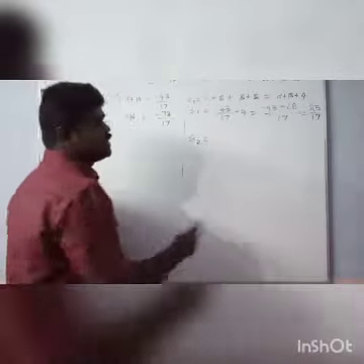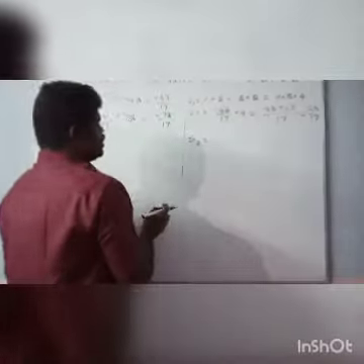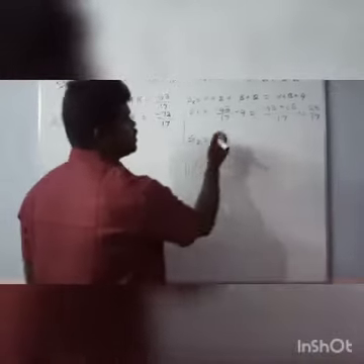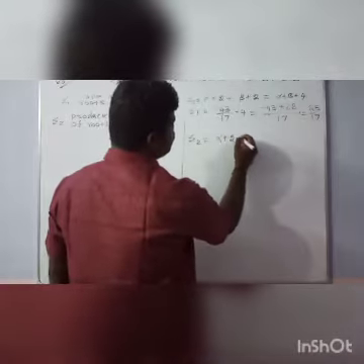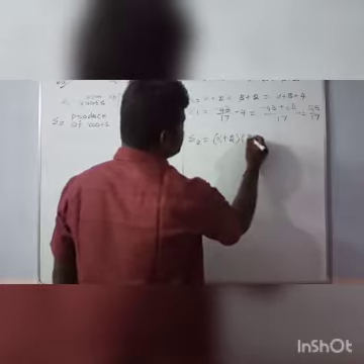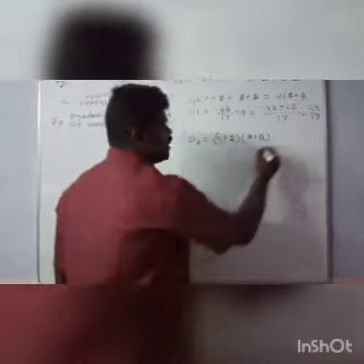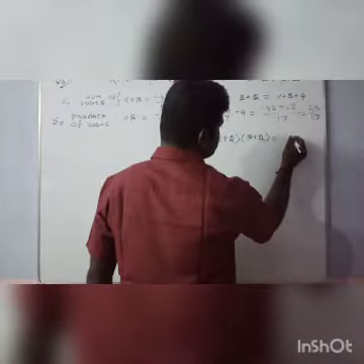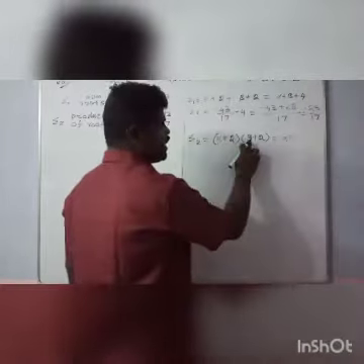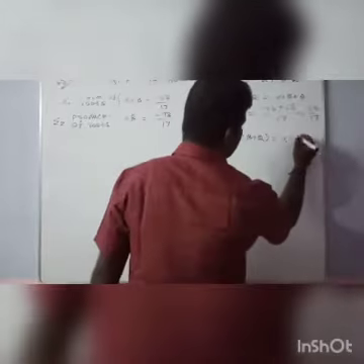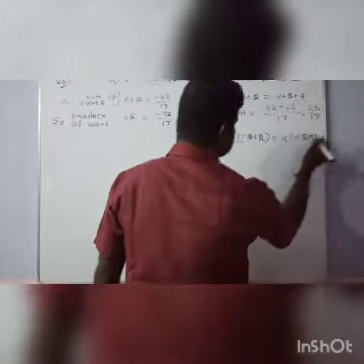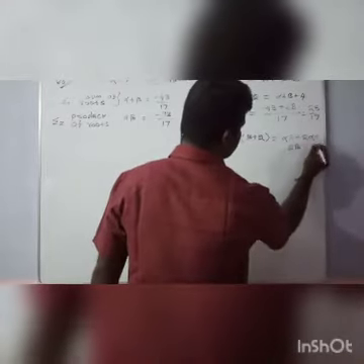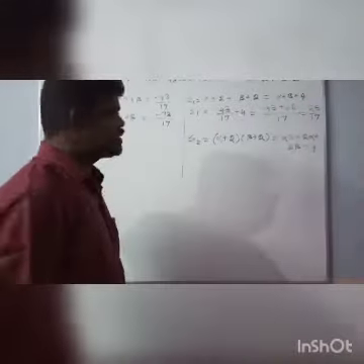Summation 2 value is equal to the product of the roots. This summation 1 and summation 2 are different. So summation 2 is alpha plus 2 into beta plus 2. So we have to multiply these two factors. Alpha beta, first alpha, take alpha beta plus 2 alpha plus 2 beta plus 4.